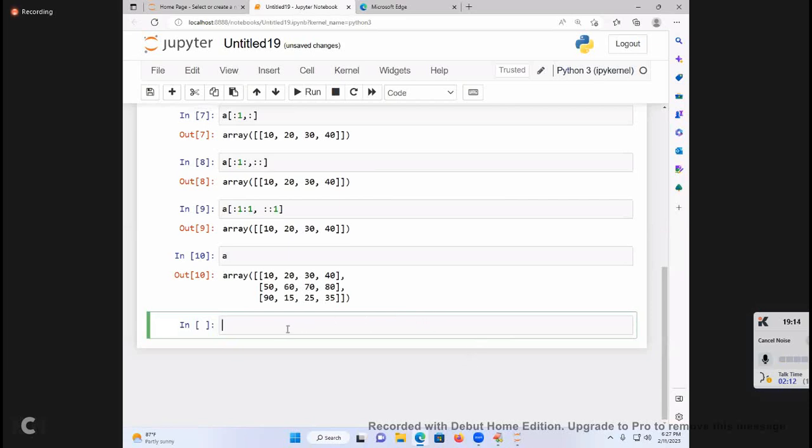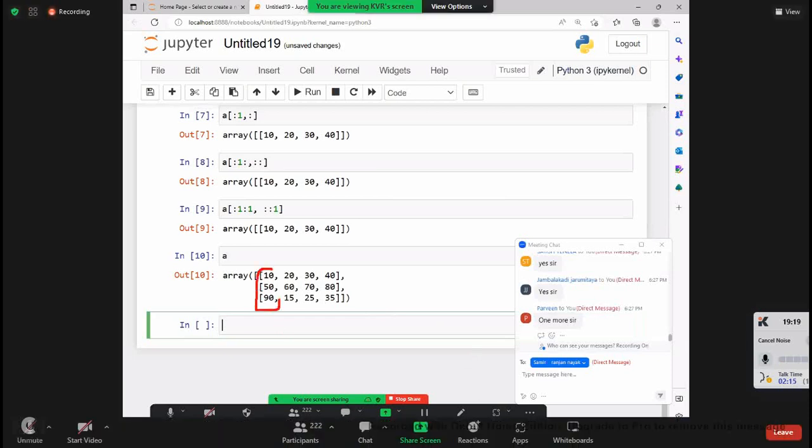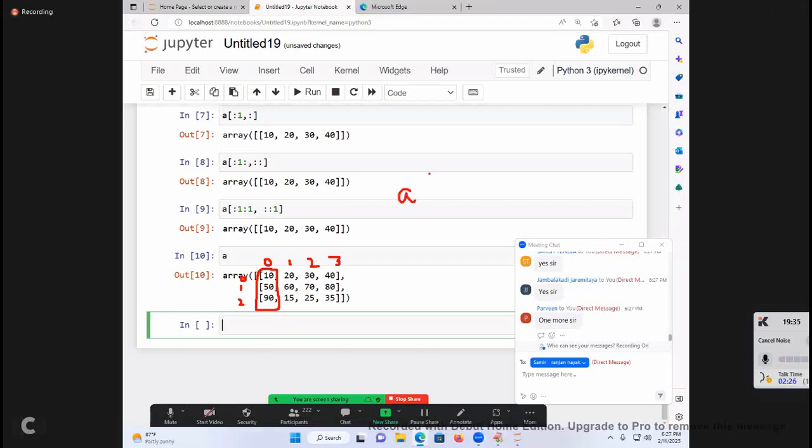Now I want to retrieve this part. Only this column I will get. See, just go for 0, 1, 2: 0th column, first column, second column, third column. Tell me, A of first one is called what? Always row, always what? Column.